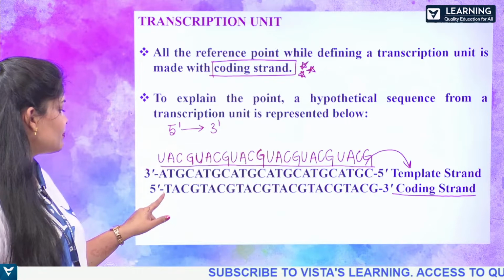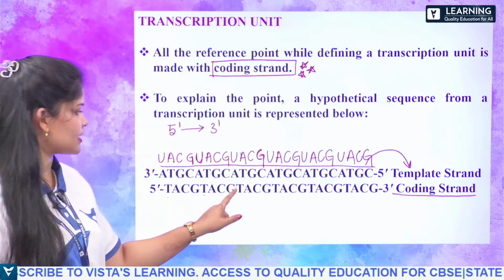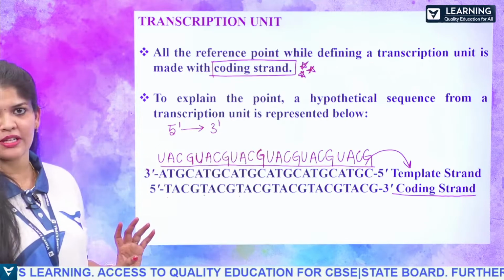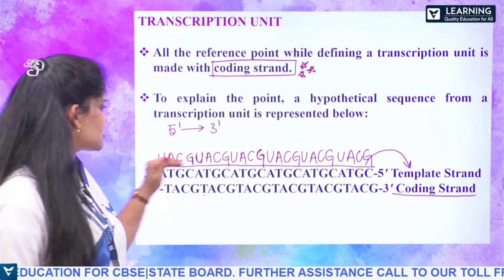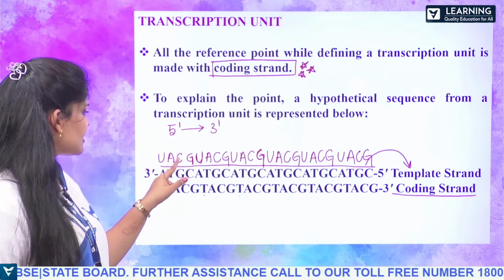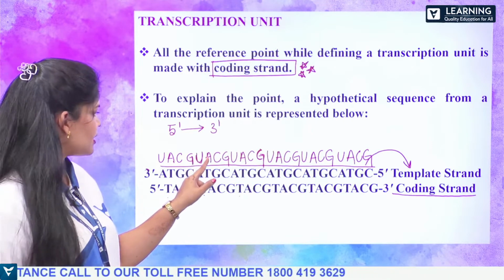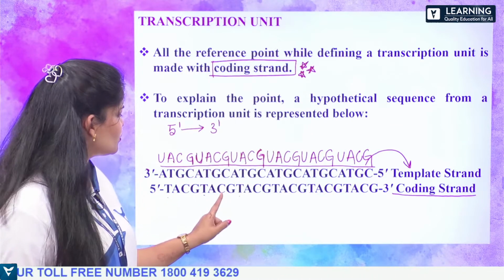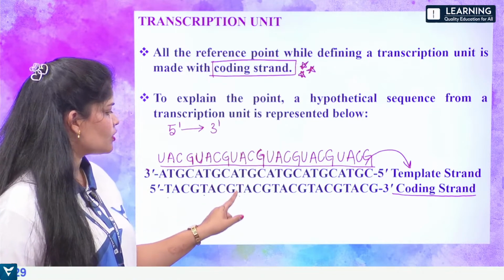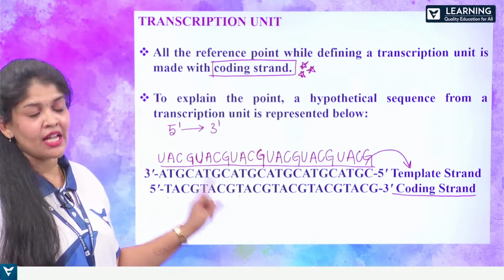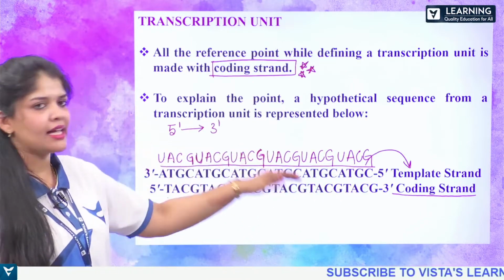Except at the place of thymine, we have uracil. Instead of this difference, the entire sequence is similar to this sequence, A, C, G. And at the place of thymine, you have uracil, and again A, C, G, U. Here, the same thing, A, C, G, because here it is T, thymine. Except for that difference, the entire sequence of the coding strand is similar to the mRNA.